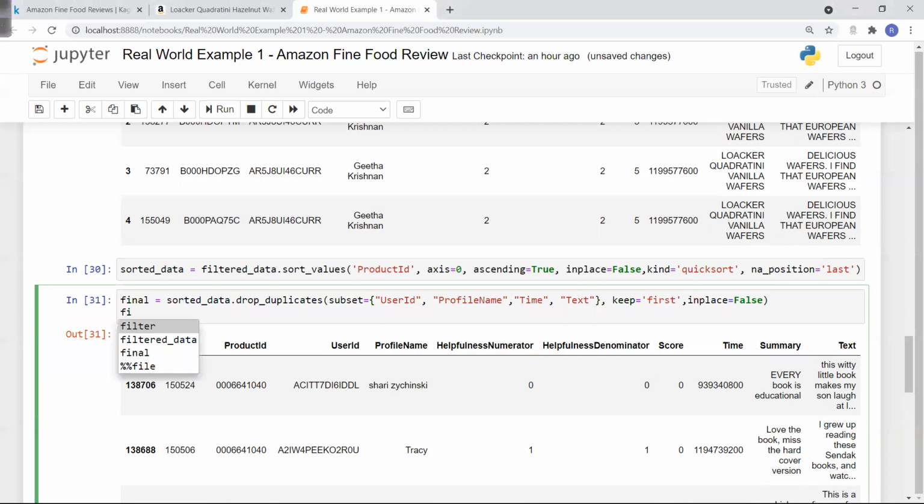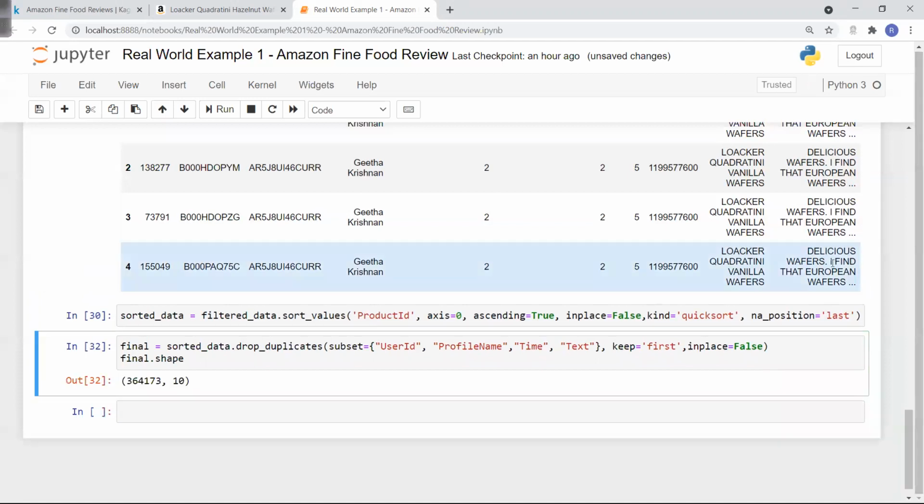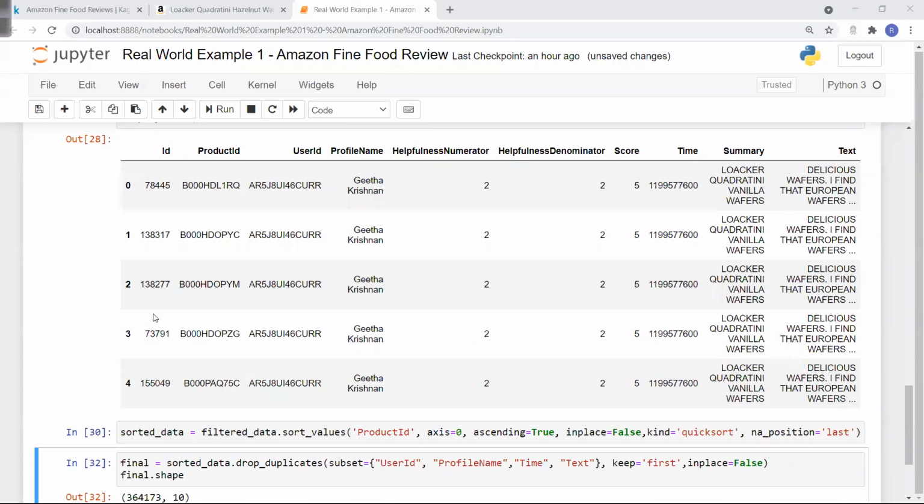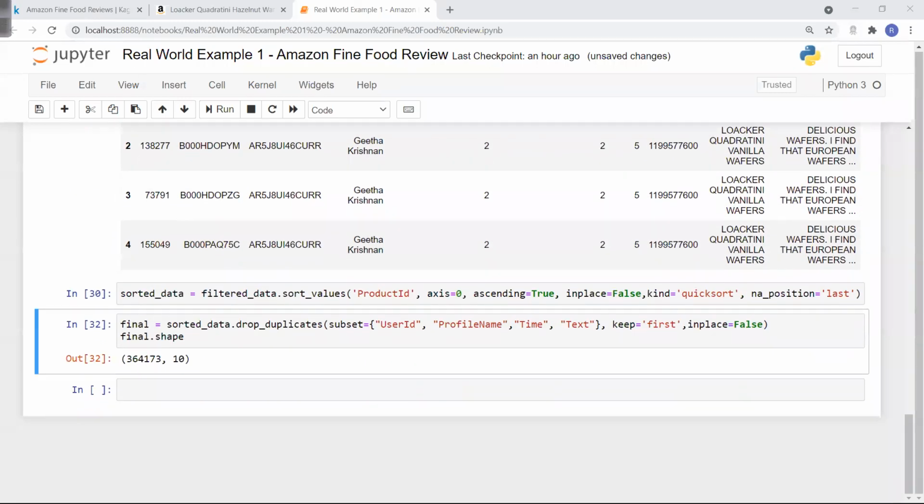Now when I check my final dot shape, you can see that I have a smaller number of records. The final number of records is 3,64,000. We started with 5,25,000. We dropped approximately 2 lakh records because those were duplicates in my data set.